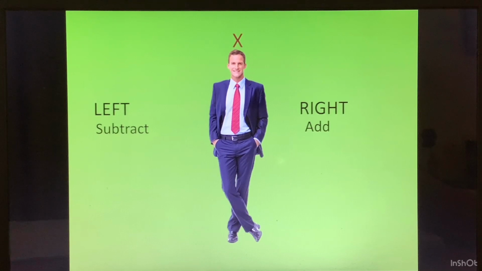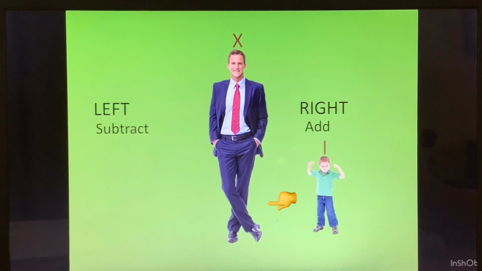Now the young boy comes and stands on the right. And his value is I. So the Roman numeral formed is XI. I is on the right. So we will add the value of I to the value of 10. That is XI is equal to 10 plus 1, which is 11. So XI becomes 11. Now, some of you could ask me, we could also read XI as X is standing